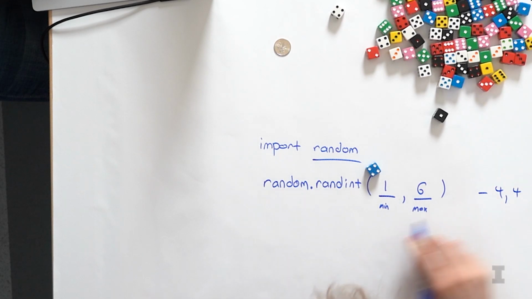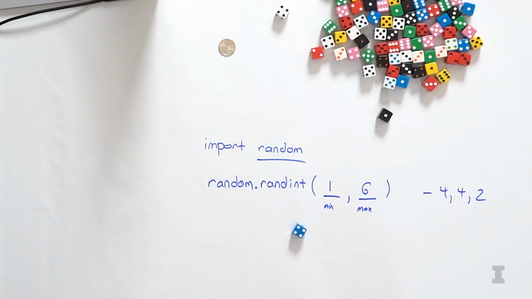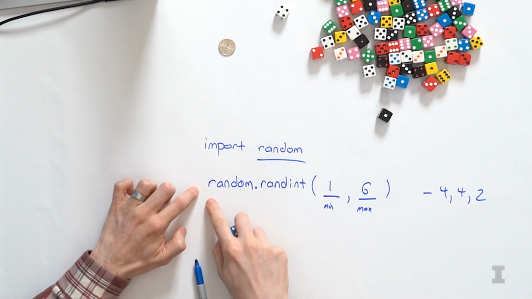Now if you run it a second time, what do you get? I got 4 again. This actually makes sense because probabilistically, there's about a 1 in 6 chance that when I roll the dice, I get a second 4. Let's see if we get lucky or unlucky, and let's run it a third time. Ooh, I got a 2 this time. Every time she's running this line, we're getting a new random number between 1 and 6. Because it's truly random, it's like rolling a die again and again, and it's totally possible to get the same number multiple times in a row.